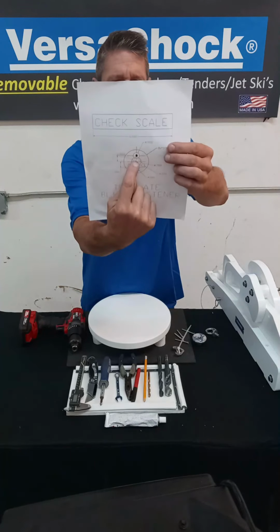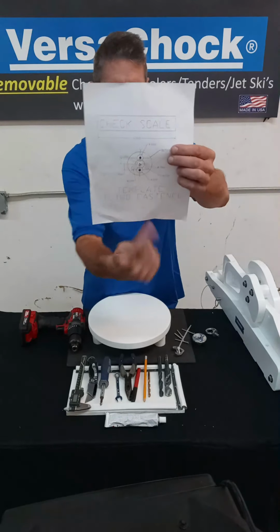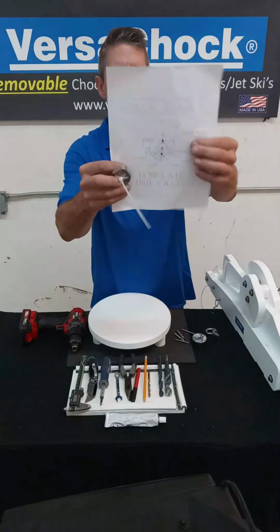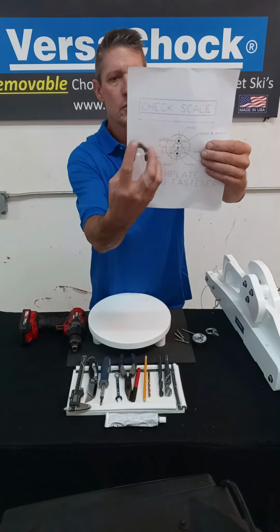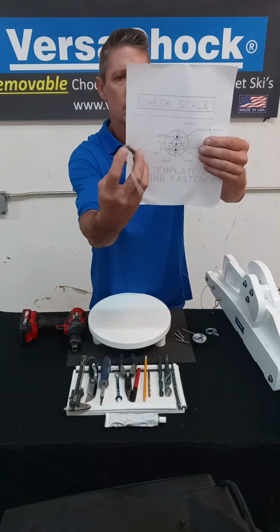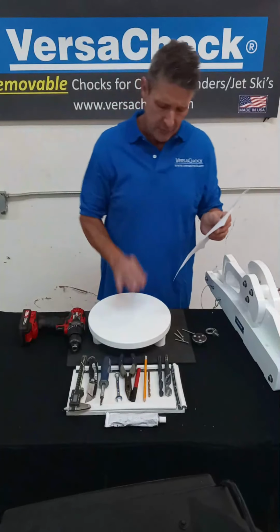So in the very center, there's a 3/4 inch hole, then there's a 1/2 inch hole, a 1/2 inch above that hole, and then another 1/2 inch hole, a 1/2 inch below that hole. And that orientation for those holes is going to put our blind fastener plate in this same orientation here. So this top hole here and the top 1/2 inch hole here are going to be lined up and use that same hole. So the other 2 holes for the fasteners, we're going to locate after we drill these